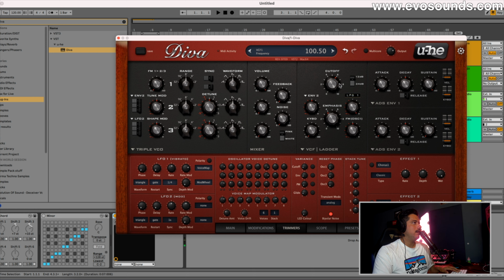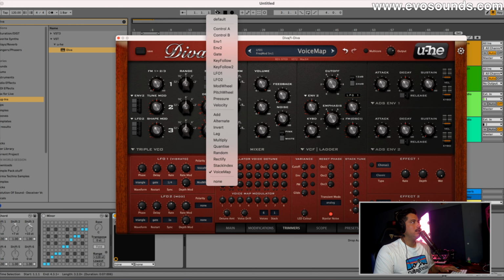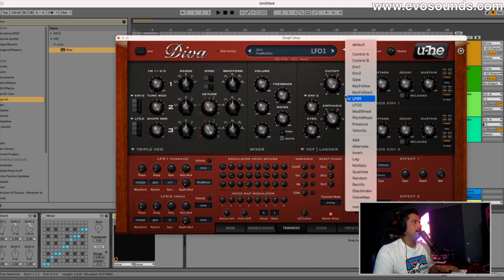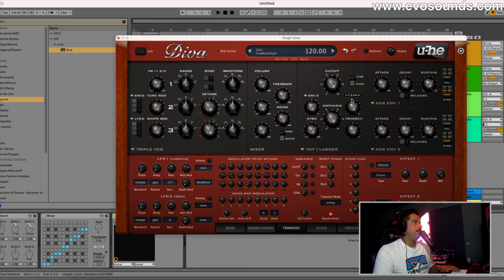we're going to route this here to the cutoff. Which is very unique. For instance, if I'm playing an ARP, I can be very tasteful about the way that I'm doing this. And this isn't the only place you can put this. Let's assume that you want a certain kind of vibe to this, and you can route this to, let's say, a voice map to your cutoff here. For instance,